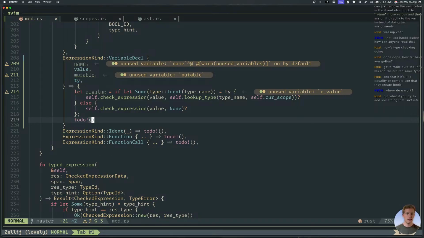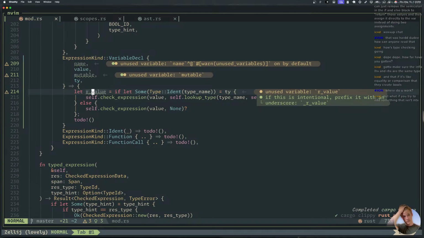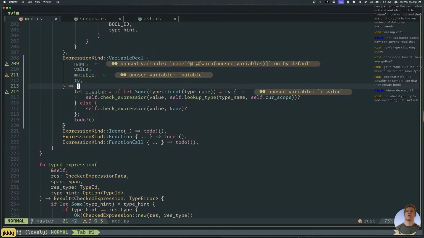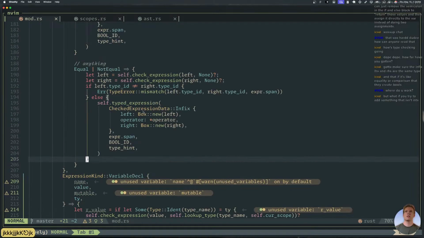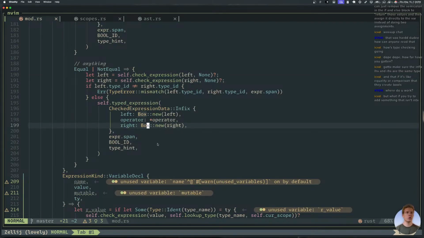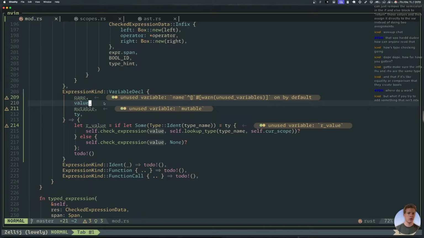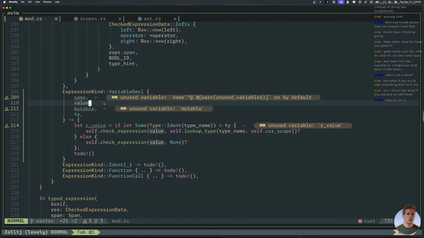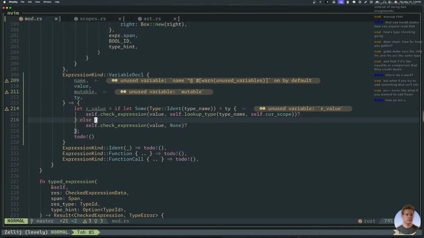What if you try to add something that isn't ints? Well, you'll get a type error. Do you want me to show you? You should get a type error. Oh, what if I want to add floats? Well, I need to get to that when I get to that, because I don't even have floats. There's no floats yet. But I generally punt stuff until I actually have to make it.